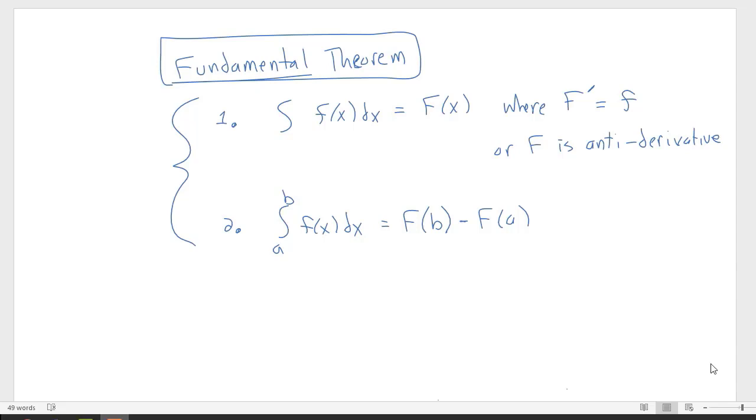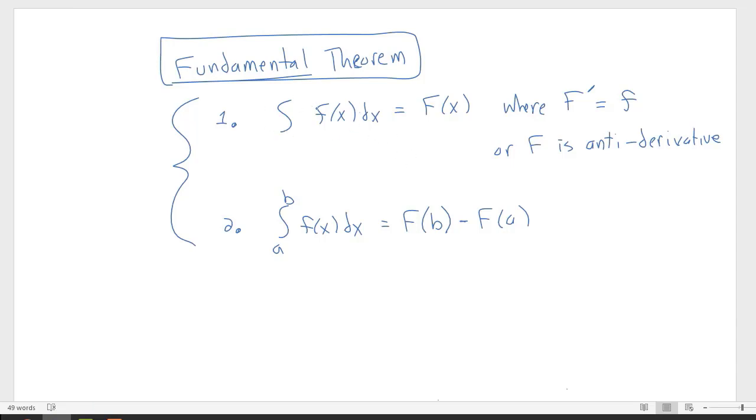Now remember, the idea behind the fundamental theorem basically was that the derivative operation and the integral operation are, let's call them inverse operations. They undo each other. So if I evaluate an integral and then I take the derivative of that answer, I end up right back where I started. So if we look at part one of the fundamental theorem that we wrote here,